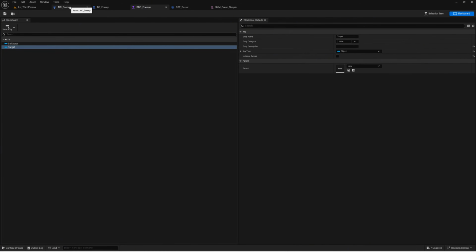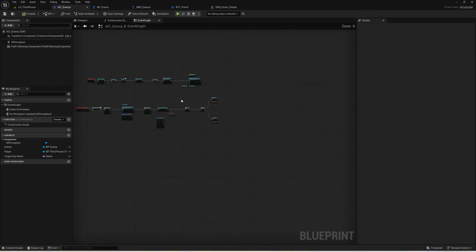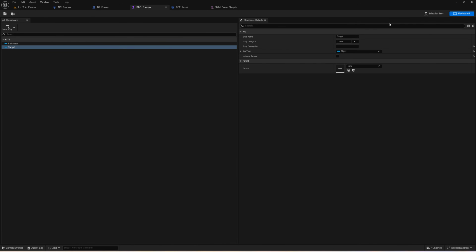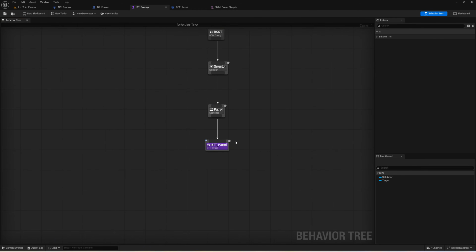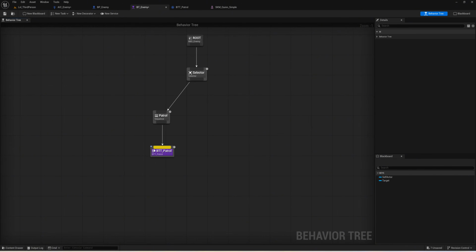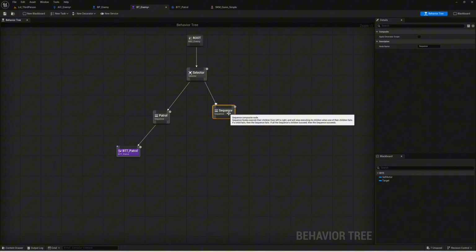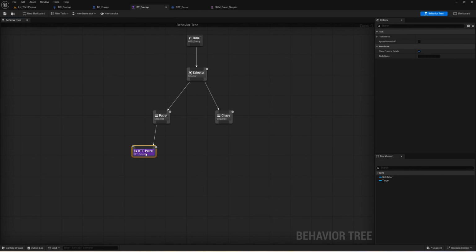Yeah. The next thing we're gonna do is we are going to create a state. So we're going to have a variable tracking what state the enemy's in, and in our behavior tree we can use that then to go between patrol and chase. You should do this as well. I'm adding another sequence. I'm just going to call it chase, because later we're going to add a function here,